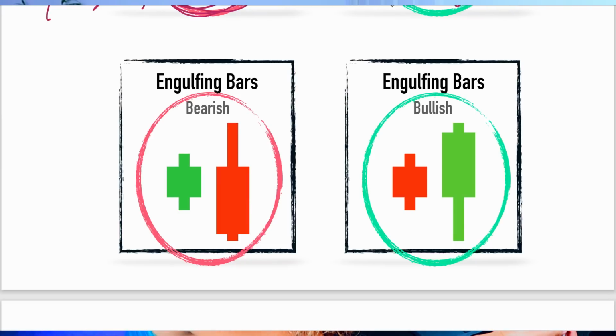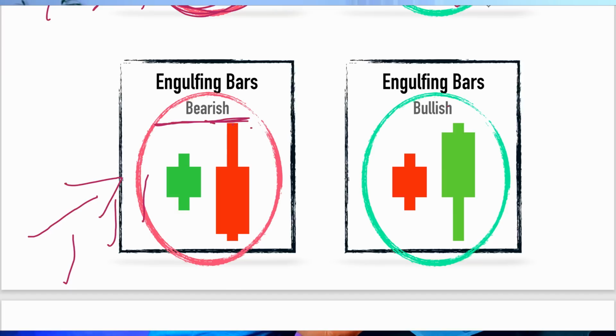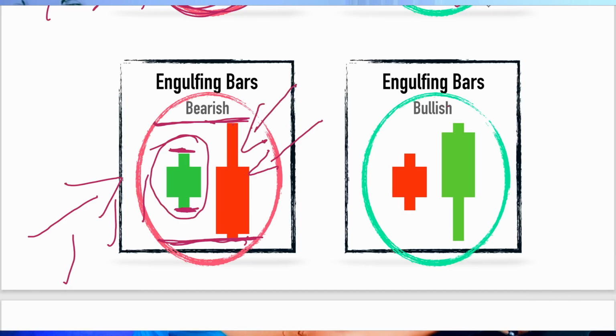We've got engulfing bars. We read the chart from left to right. So on this side, we're going to have the bars coming up. If we have any bar followed by a bigger bar, in this case this one here, then we could consider this to be an engulfing bar if the top of the bar is higher than the top of the previous bar, and the bottom of the following bar is lower than the bottom of the previous bar. So it's like this bar is eating this bar alive. That's an engulfing bar. This would represent that price is likely to change direction, and the same on this